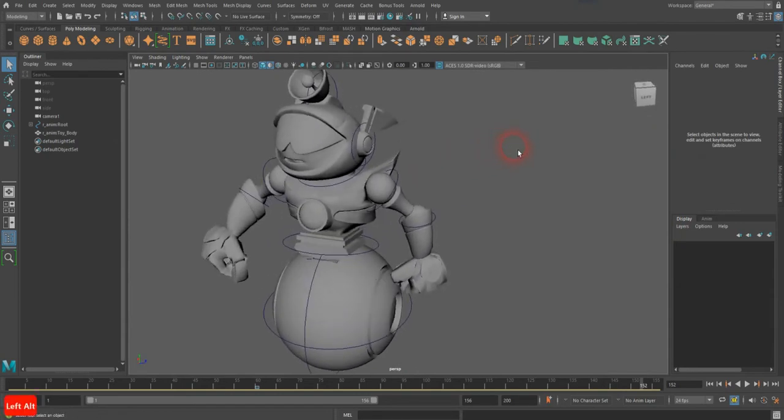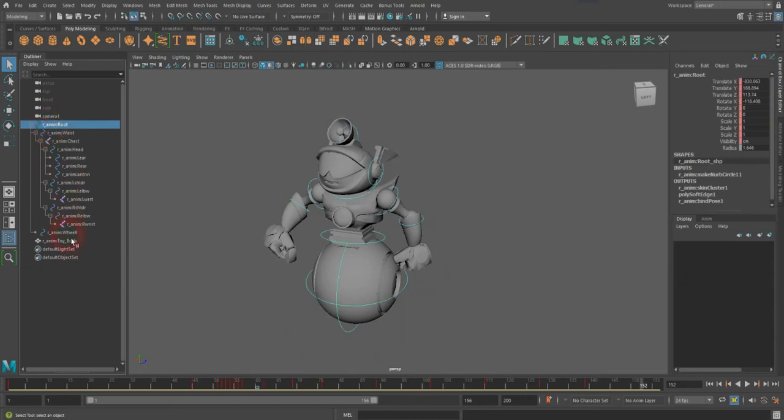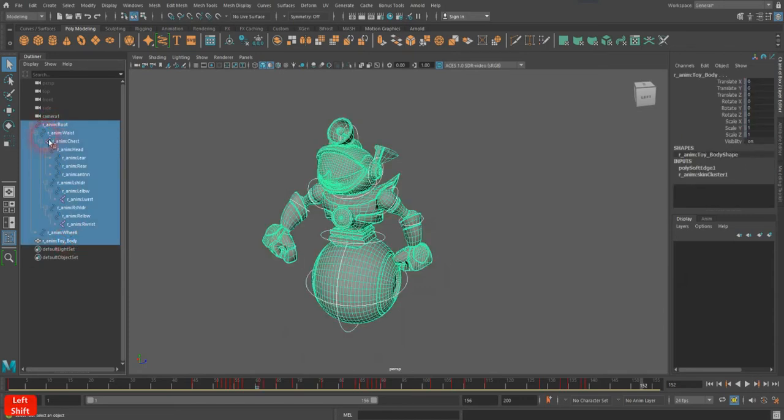And again, we're trying to keep a low res version because the model in the game has to be as light as possible. Now I'm ready to export. So let me open up again all my rig and my geometry. I have nothing else besides that. I'm going to select all of it. I have just selected these. I'm not selecting cameras. I'm not selecting anything else. I'm going to